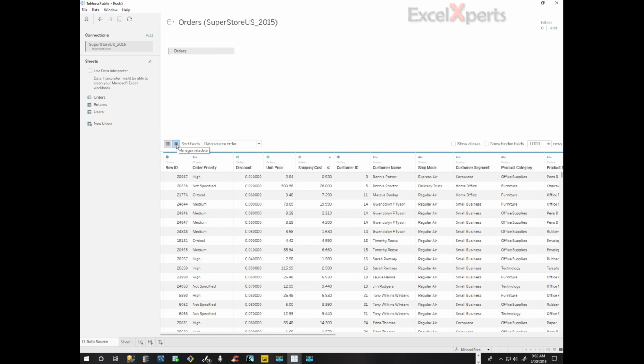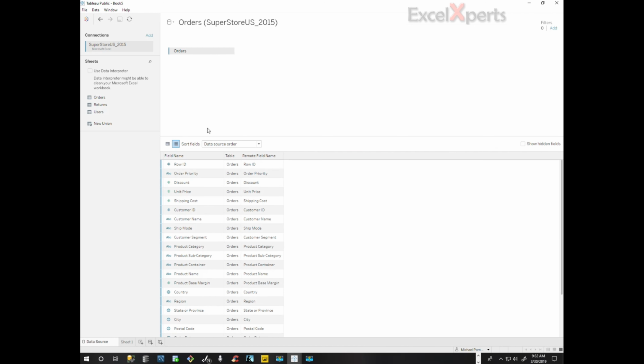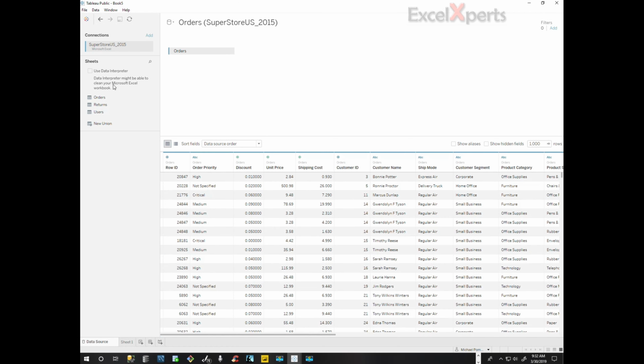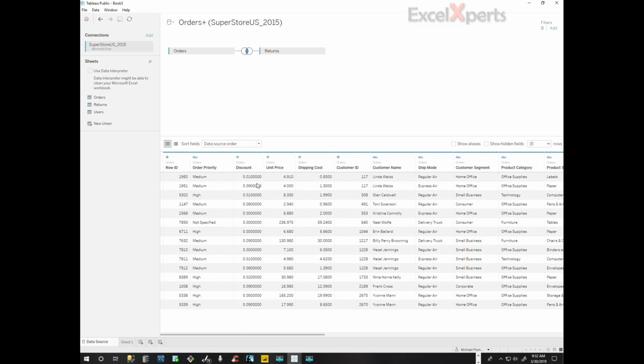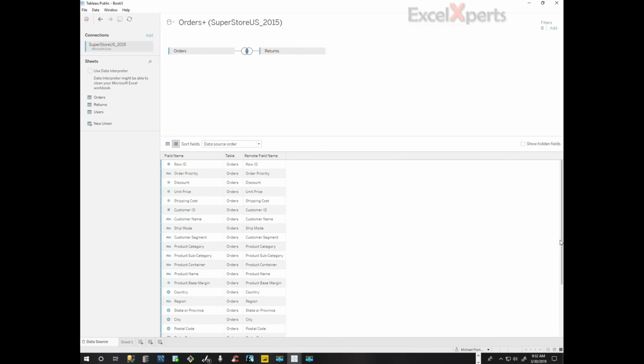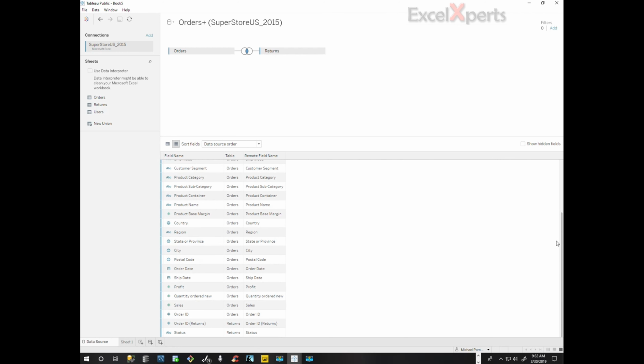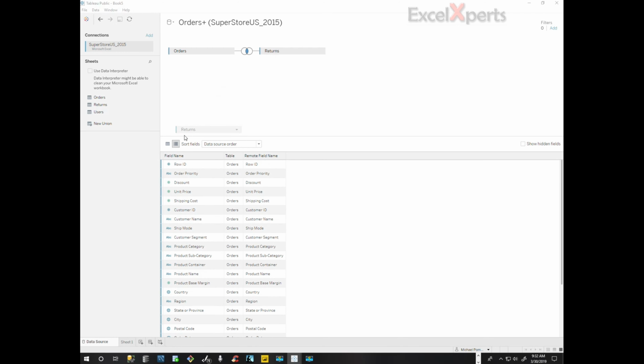We can click on this right icon to look at the metadata. So this actually is telling us the field names, what table the field name is in. So these fields are in orders, and it's because we pulled orders in here. So we could also look at if we look at the metadata now, we're going to have both orders and returns. So we're not interested in returns at this point, so we're going to go to sheet 1,